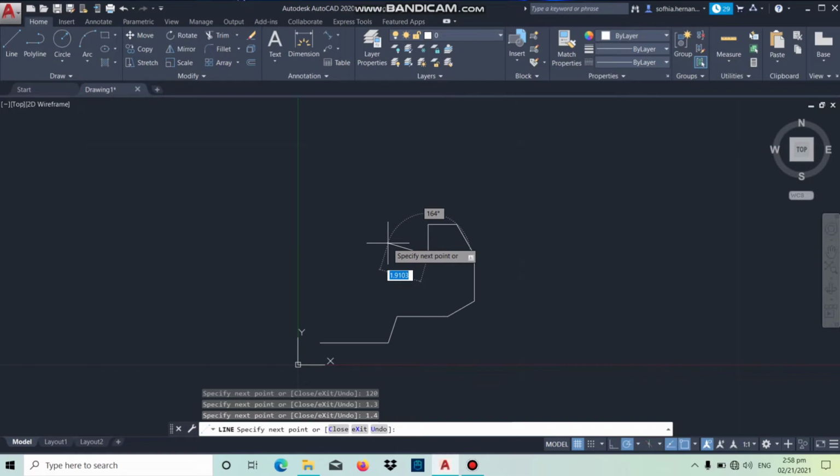Next line would be a line having a length of 2.2 and an angle of 135 degrees. Following this line would be a straight line going left with a length of 1.0. There you are. Next line is a line